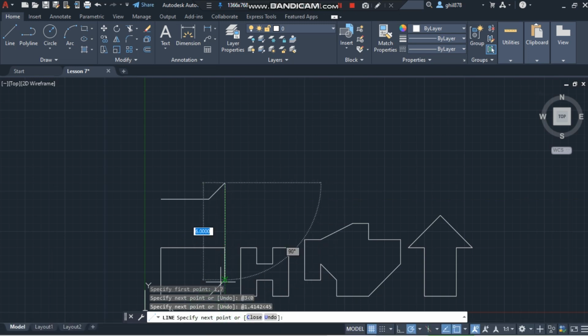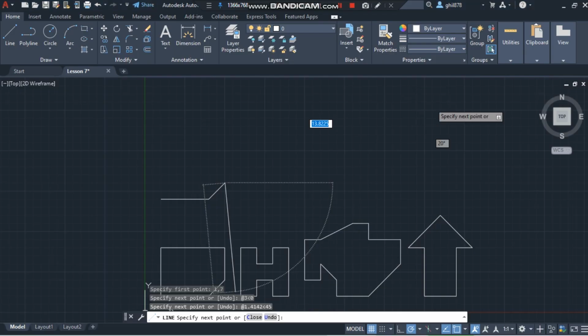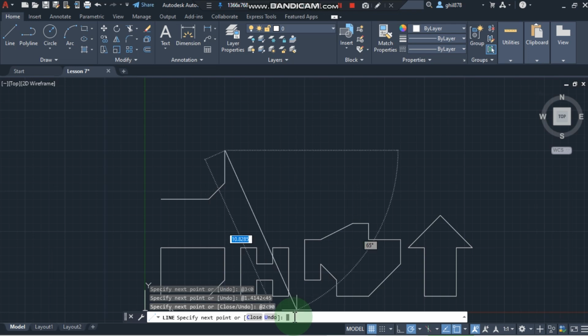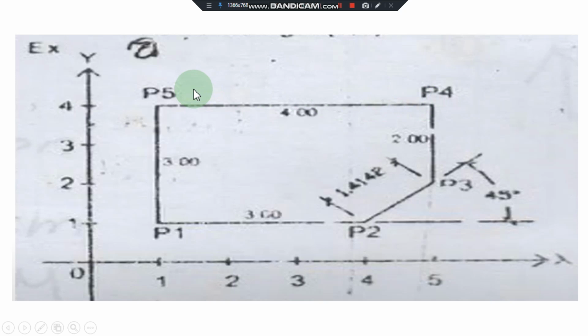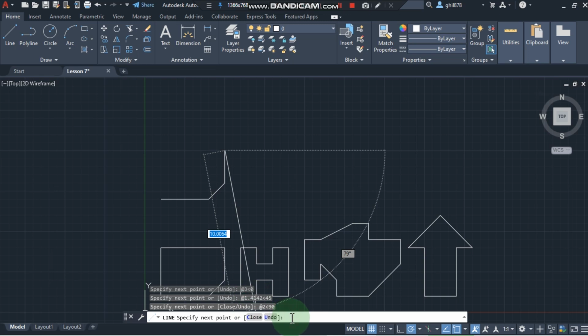Then from this point going up, from P3 to P4, we have 90 degrees. Going up is 90 degrees, so we have a distance of 2. So at 2, angle of 90 degrees. Then we have the distance of 4 going to the left, so 180 degrees. So at distance of 4